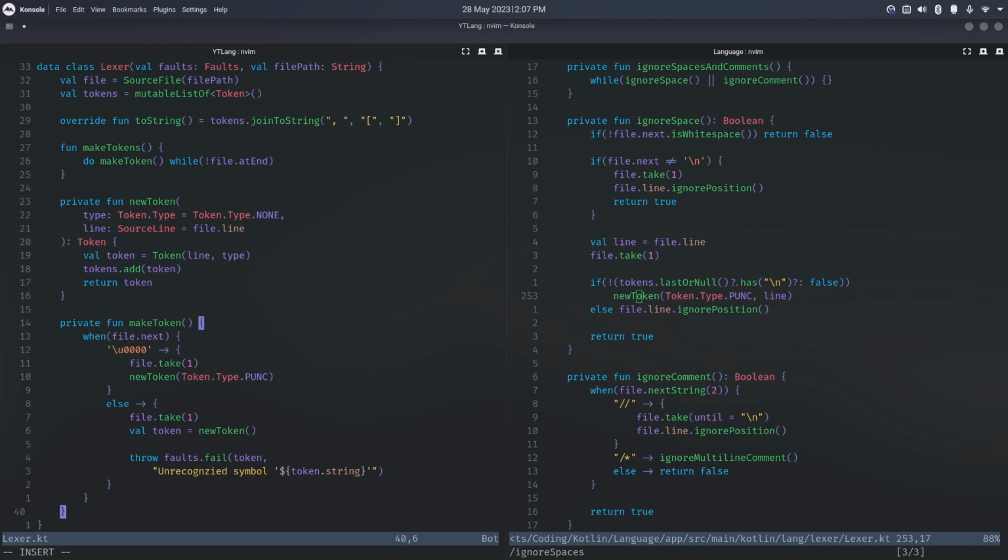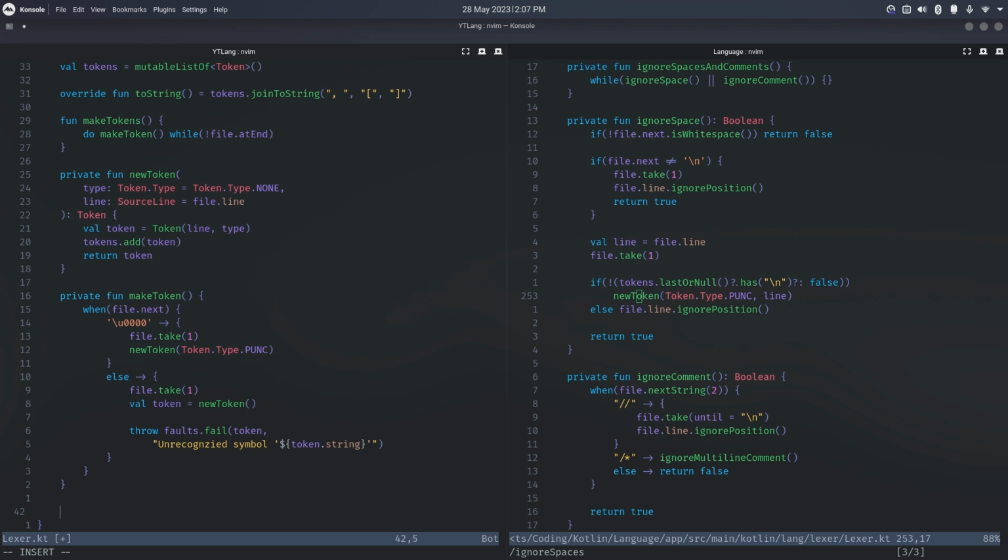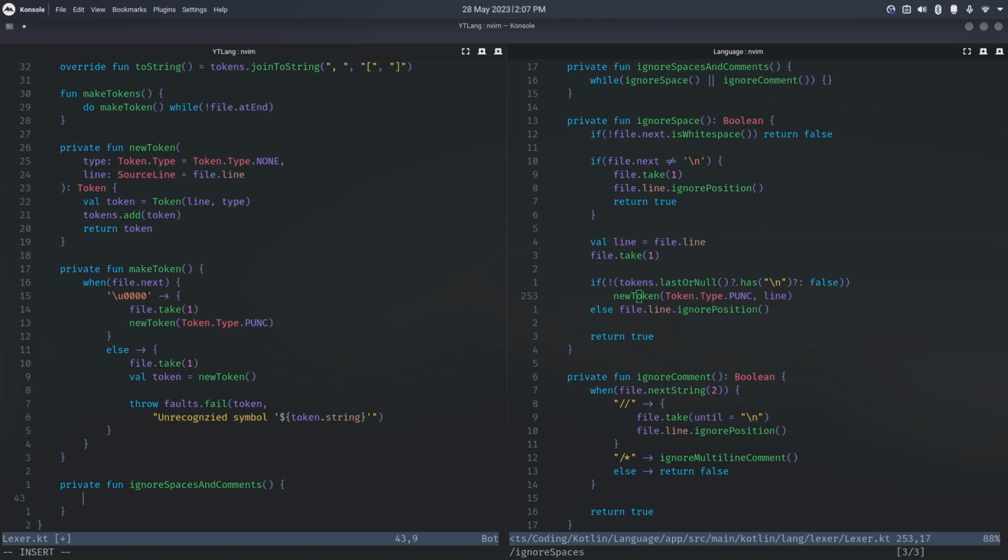So we have our make token, and we can just make the function right down here. Function ignore spaces and comments. And again, I am separating this a lot more than you might need to. This is just how I think I'm going to do it for the time being. Every time I rewrite it, I'm going to change it slightly. So if you want to change how this works, that's okay. But basically, anytime you call ignore spaces and comments, what you're going to do is ignore spaces